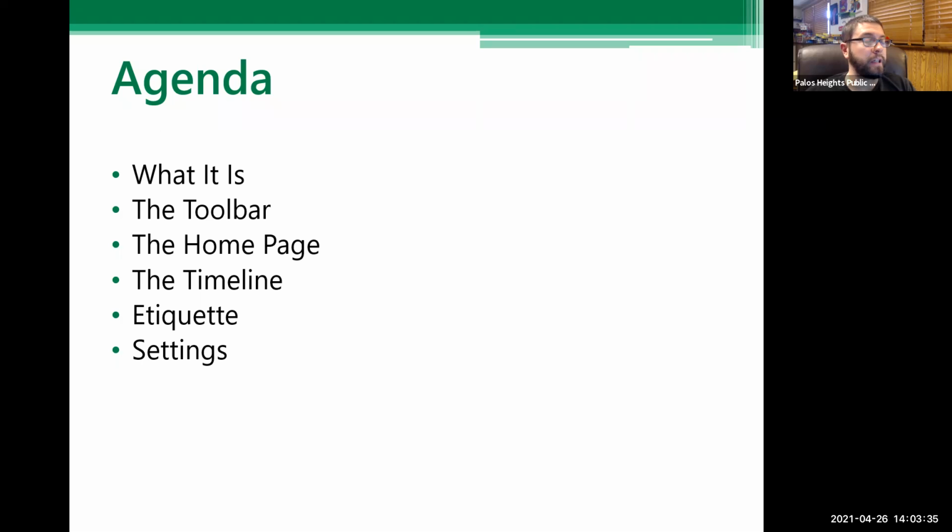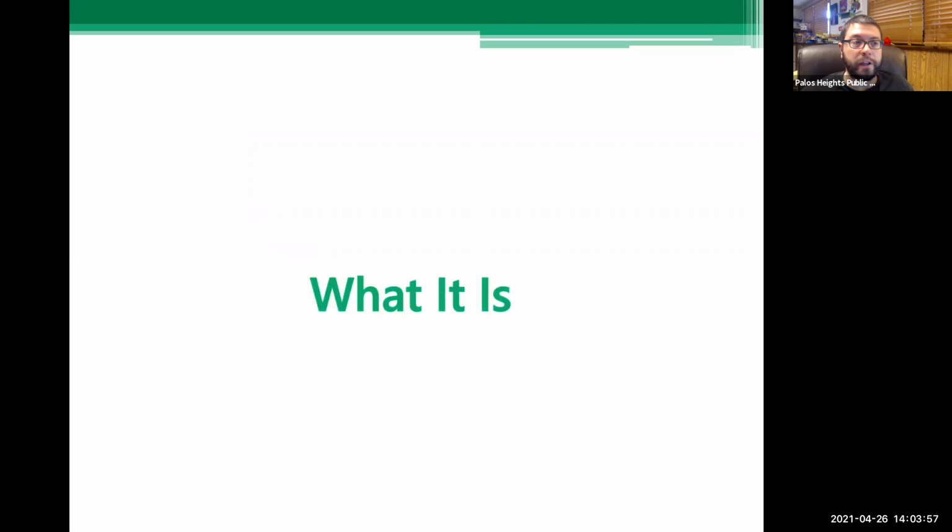The chat function, if you don't see it along your row of buttons, like in the bar that has the mute, stop video, and all that, if you click on the three dots along the side that say more, the first thing in that menu should be chat. So that is how to access that. All right, so we'll get going.